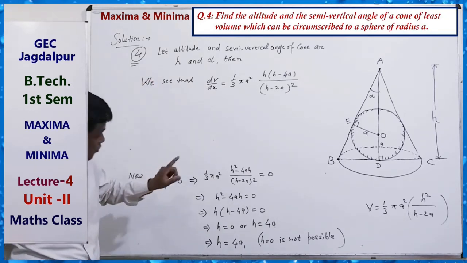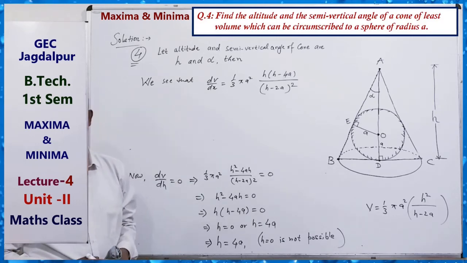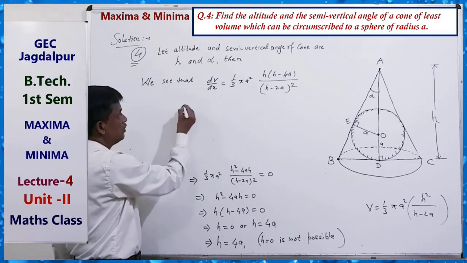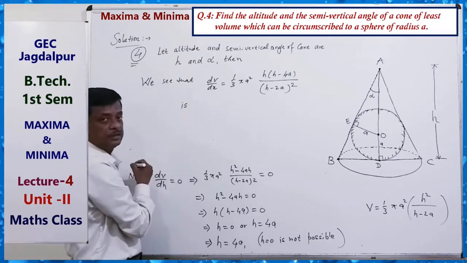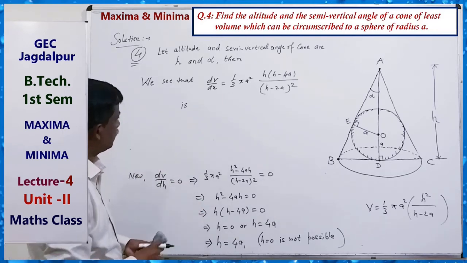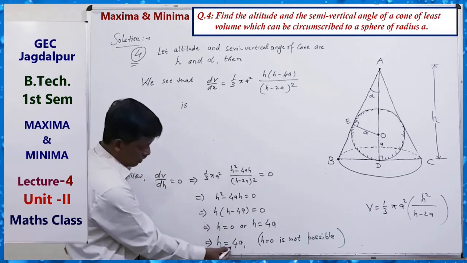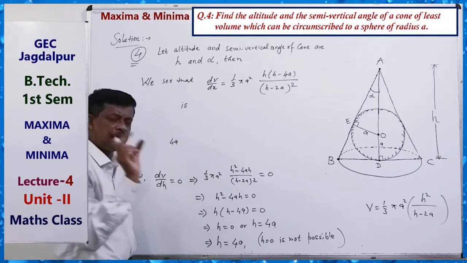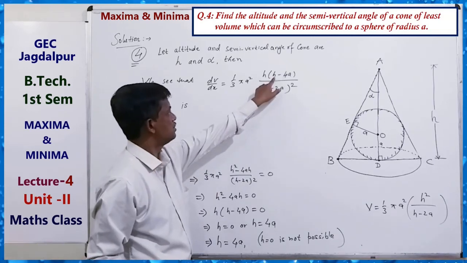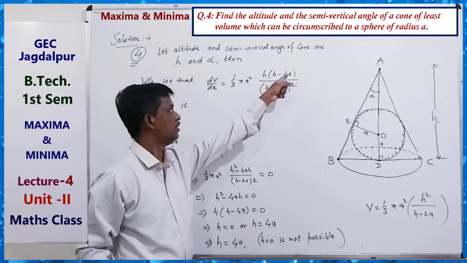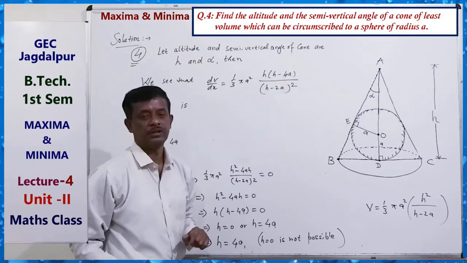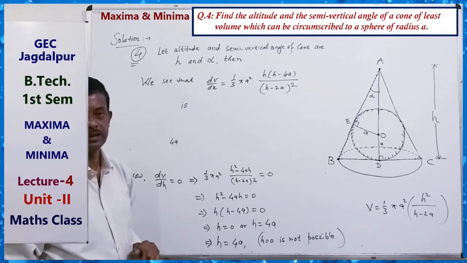We say that the first derivative is what? If our point is 4a, slightly less value of 4a, that is h is less than 4a,